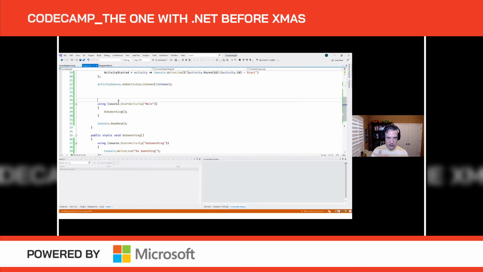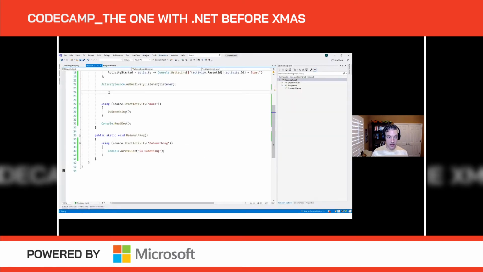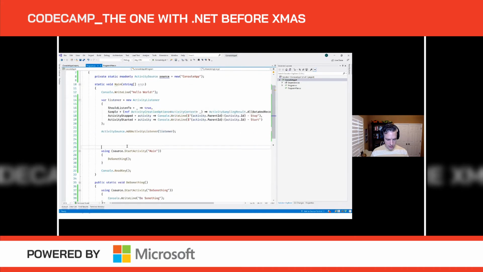And this listening in of activities, this is what all came in from the OpenTelemetry standard. All this API about, you should have a thing called should listen to, and start and stop, a lot of this came from OpenTelemetry about how different applications should do this. So if I'm going to a node-based application, the API should look very, very similar, if not identical. All right, you run this